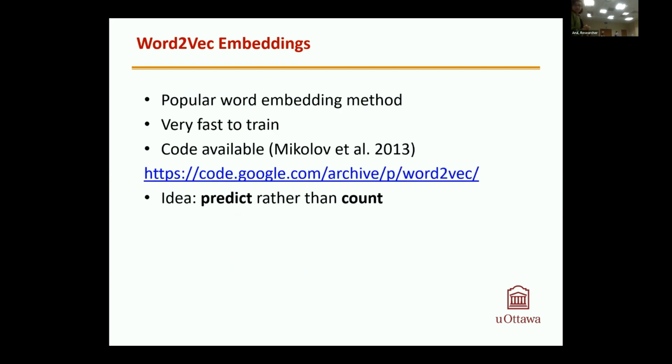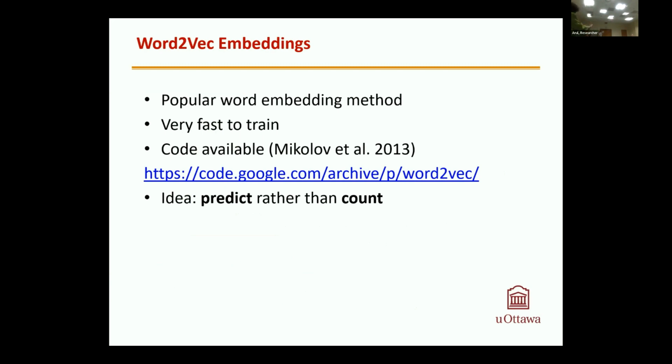Thank you. Next slide. Word2vec vectors are available for download, and you can build your own, but it's better to use existing ones because they are pre-trained on very large data, and we don't necessarily have access to that much data unless we go and collect a lot. The code was produced by Tomas Mikolov, 2013. The idea is not to count words, although counting helps, because if you see a word with other words a lot of times, you can guess what the meaning of that word is. That's what these word vectors do.